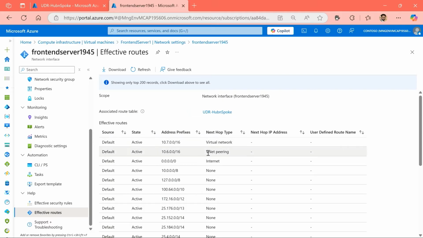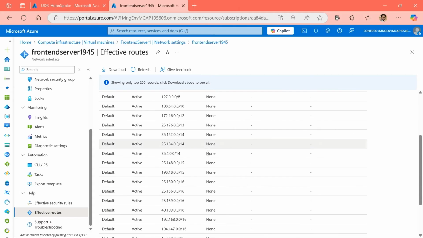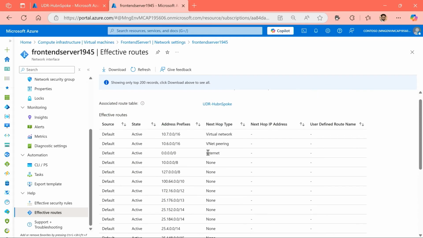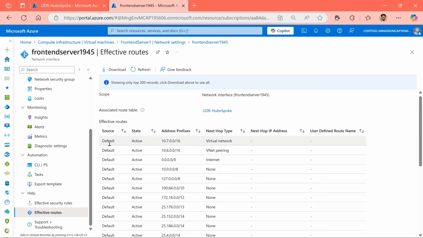However, if I look into the details of some of the settings of my route, I can see currently there are some default routes still there. So the routes that we had for me to reach the data within my virtual network, to reach the VNet paired network, still exist.